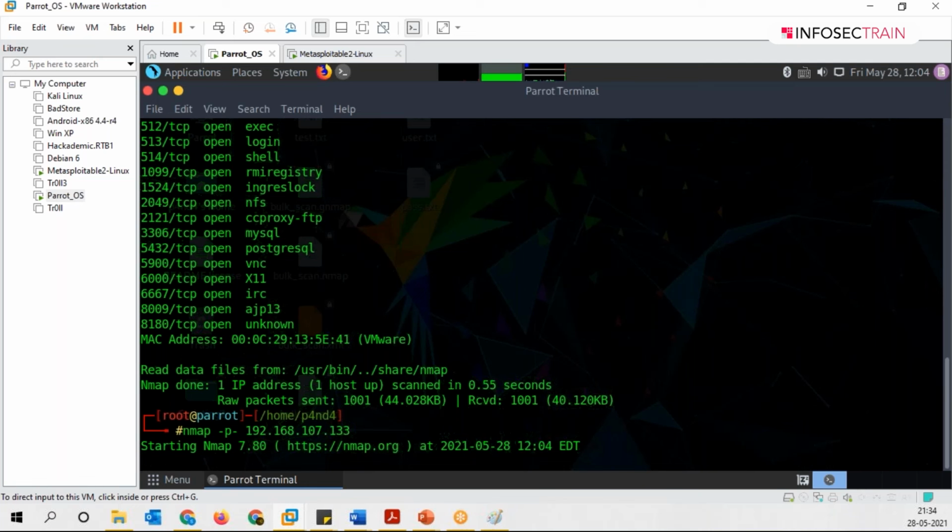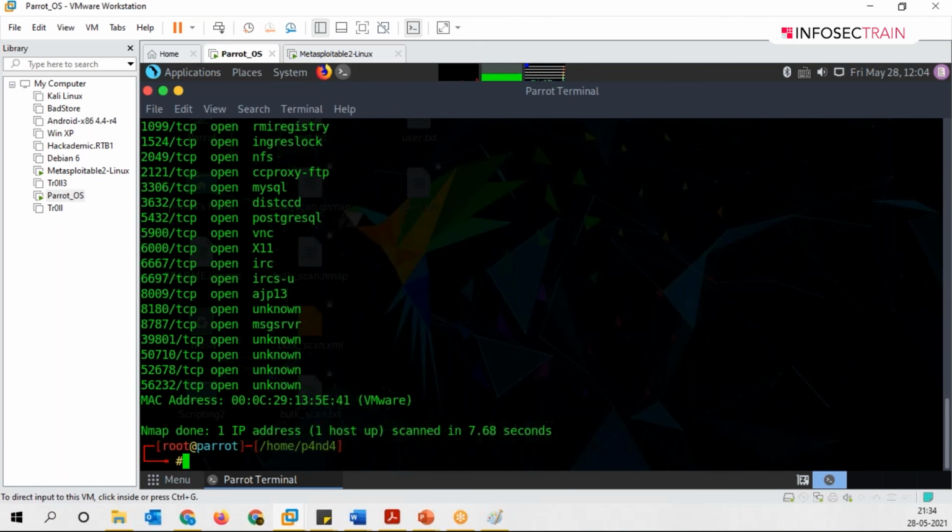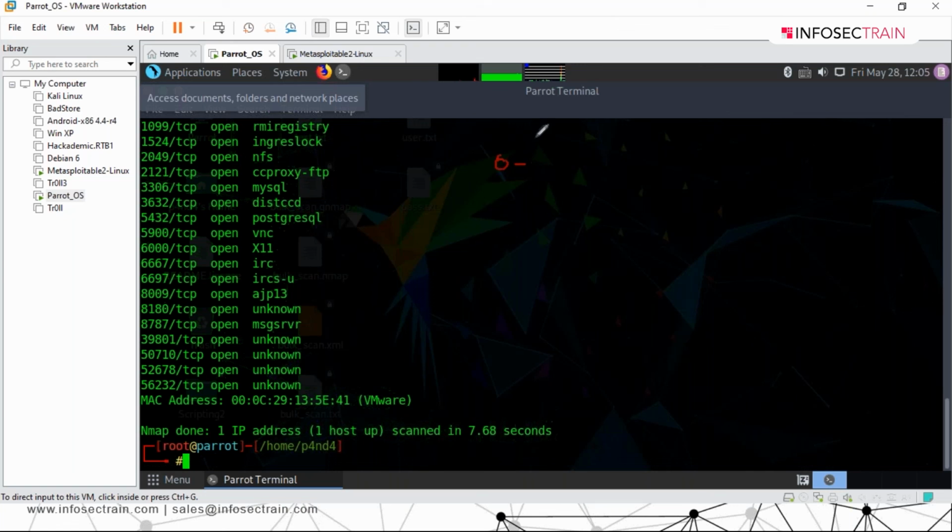So how many ports are there, guys? 65535. Since the range is from 0 to 65535, which makes it a total of what? If we talk about the range, in total it will be 65536 if you include 0 also. That's the tricky one. Clear? So that's the whole range of ports for that matter.